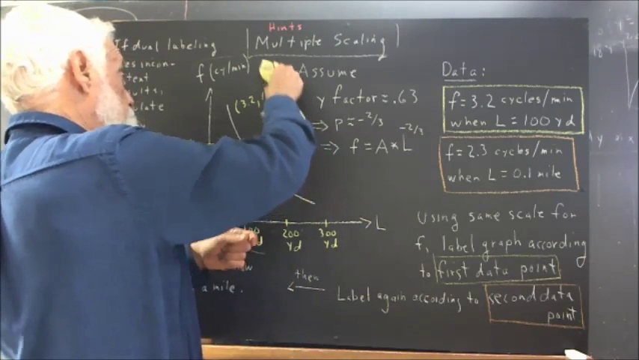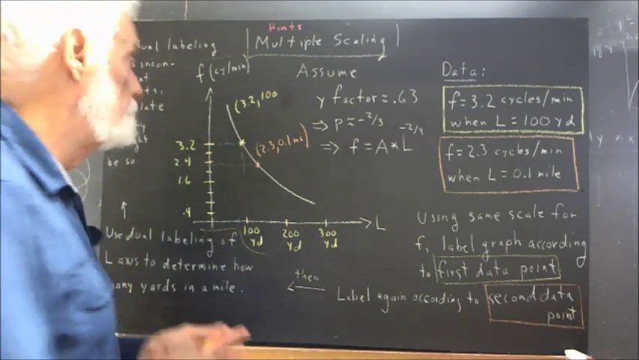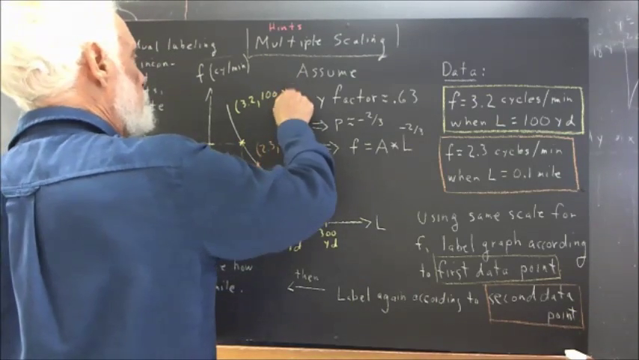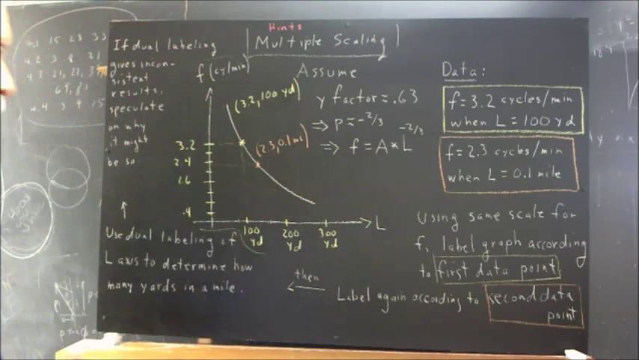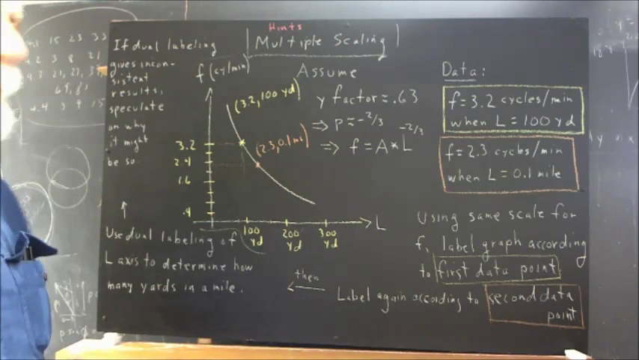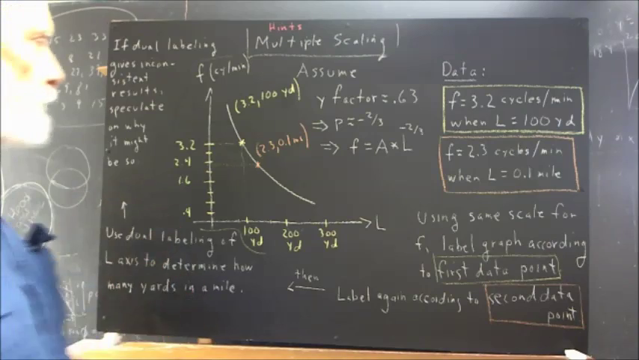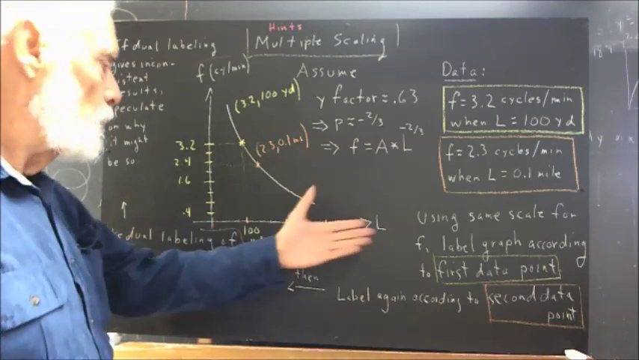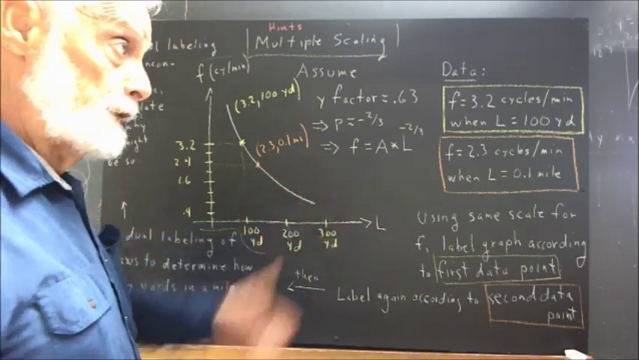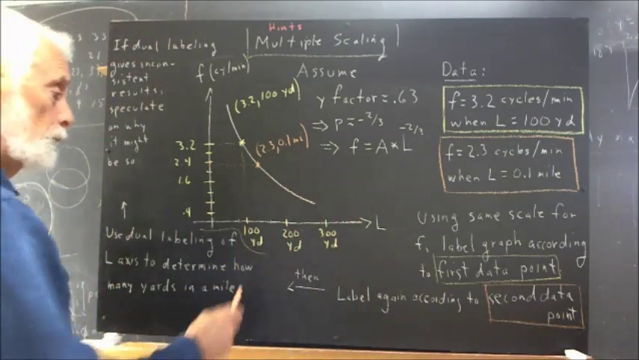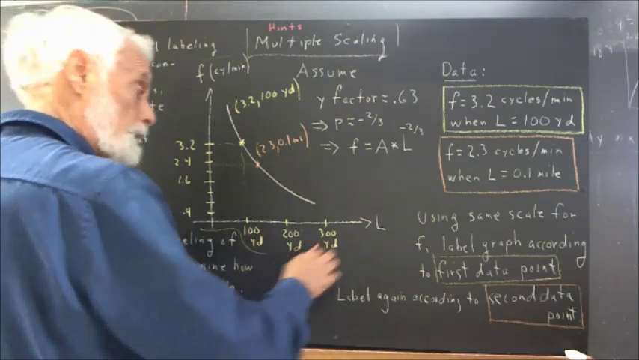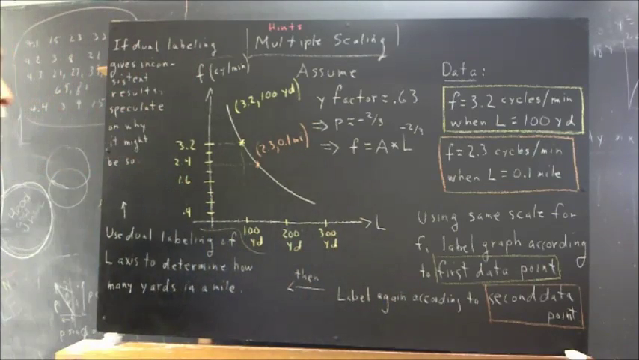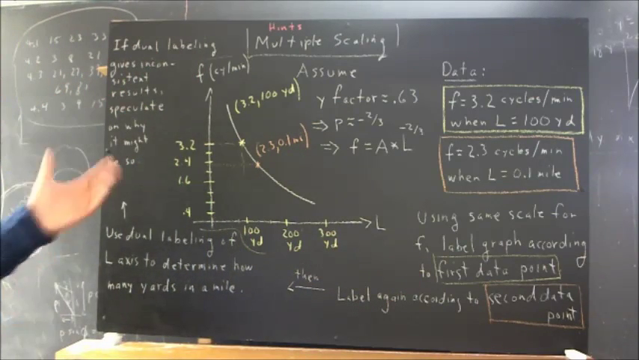Okay, and I think I do want to go ahead and put the yards on this one, so let me do that, because we have two different scales. Okay, so according then to this graph, where is 0.1 mile on the L-axis? And we can take that, we can label the 0.1 mile down below this labeling